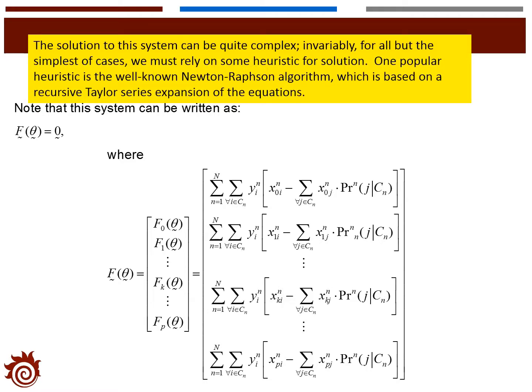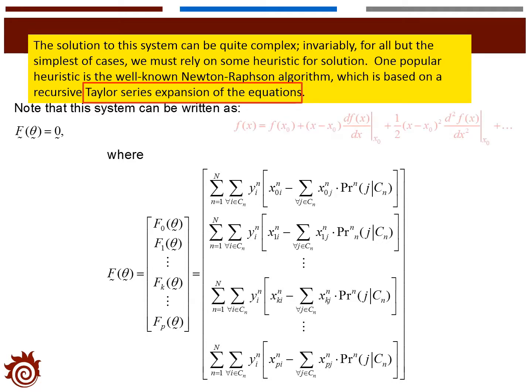We can see that F theta is very complicated, and it's almost impossible for us to find the analytical solution to the equation. So instead of the analytical solution, we are trying to use some heuristic method to get the optimal values of theta. One popular method is called the Newton-Raphson algorithm, and it's based on the recursive Taylor series expansion